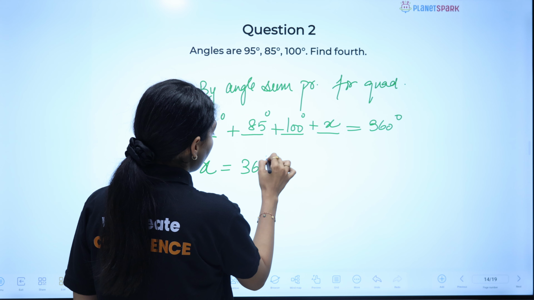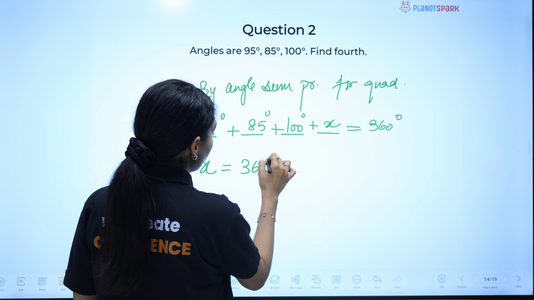अब use कहाँ होती है? Sum of angles there, the angle sum property. Yes, triangle में कहाँ use करते थे? Let's say 2 angles are given, we can find the third one. In quadrilateral also, missing angle को find करने के लिए we'll use the angle sum property. Okay, and it applies to all the quadrilaterals. Square है, rectangle है, rhombus है, kite है, parallelogram है. No matter what type of quadrilateral we have there, हमेशा the property will hold true.